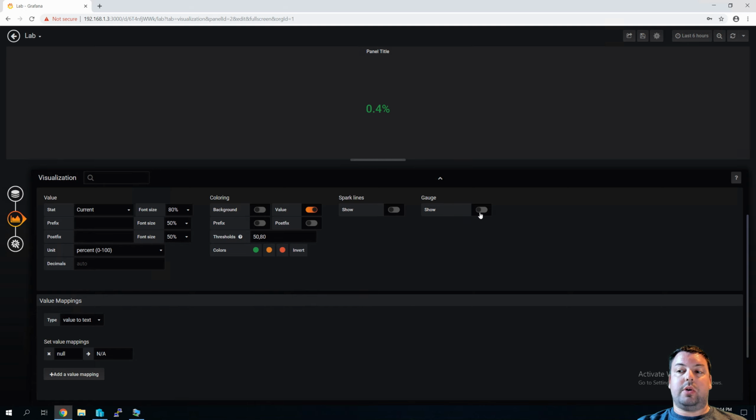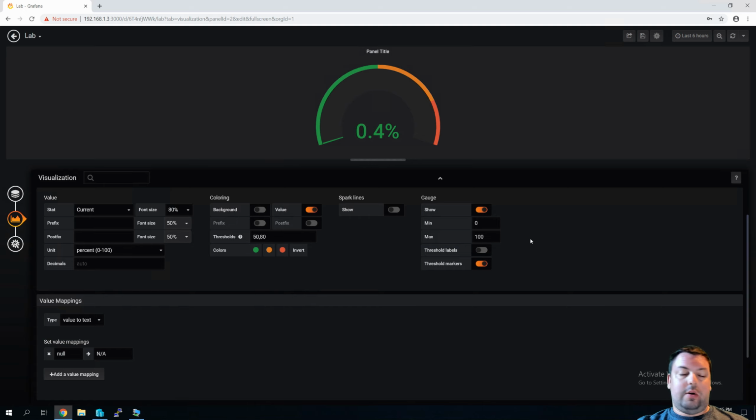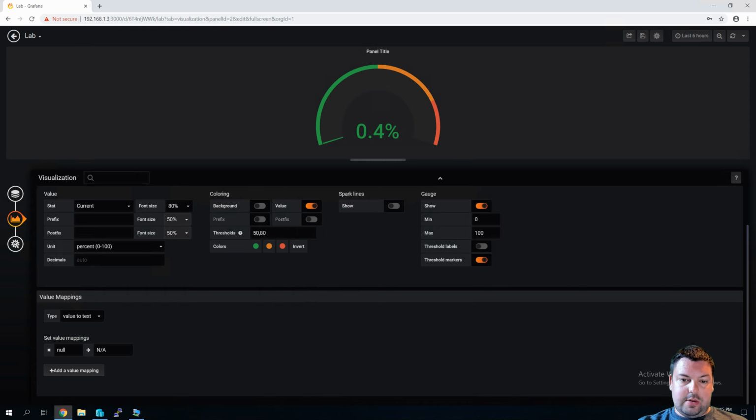So, and then gauge, we're going to show a gauge, which enables the actual gauge. And now we can see what our CPU usage is, and it's a little bit easier. So set value mappings, we'll set the value mappings at 0 through 100% again. And you don't necessarily need to touch this, but if you know what it means, go ahead and touch it. Some data isn't going to be the same, you know what I mean? It really depends on what you're touching here, because you can set a percentage 0 through 100, but